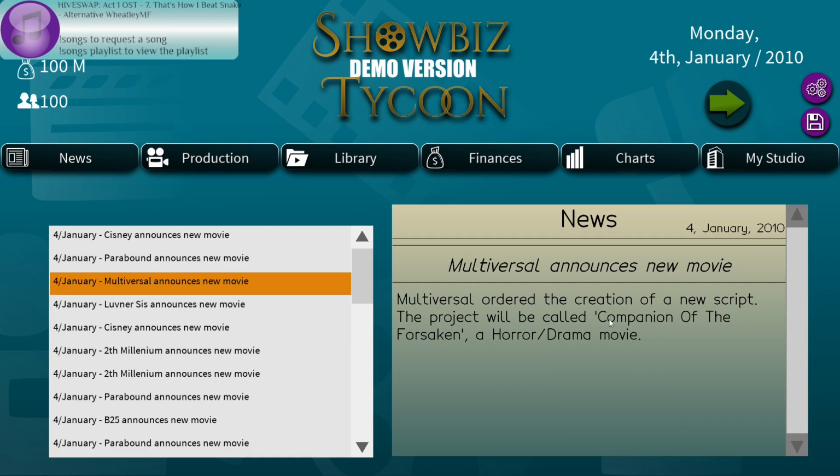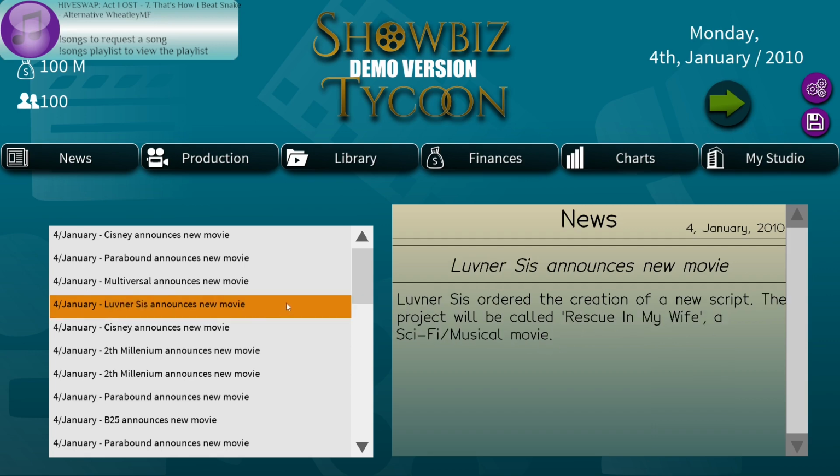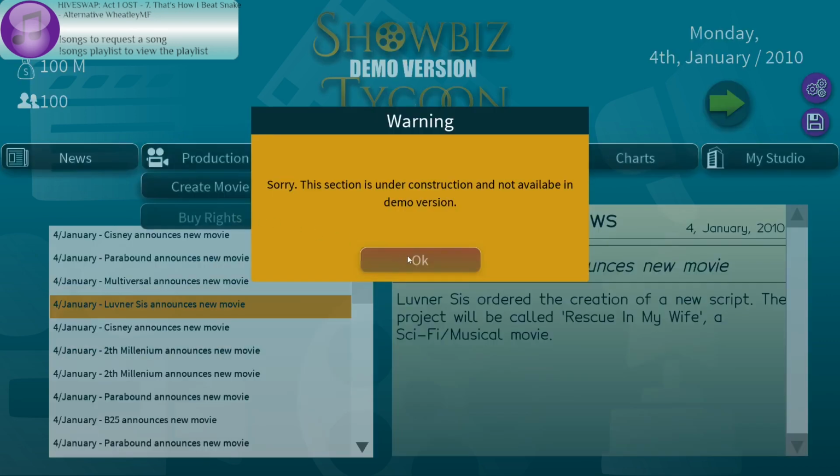Multiversal has announced Companion of the Forsaken, a horror/drama movie. Sorry, this section is under construction and will not be available in different.